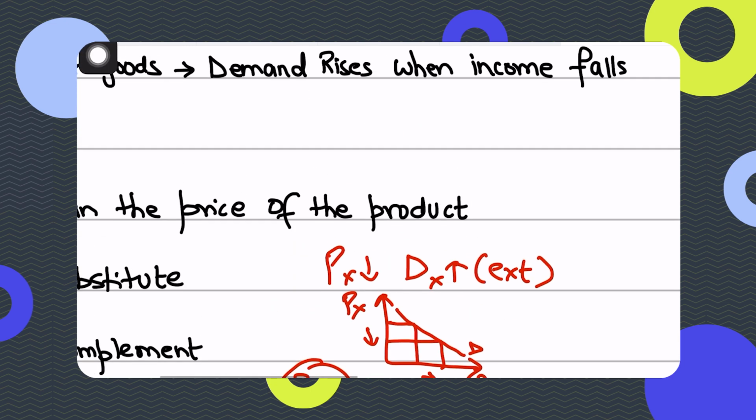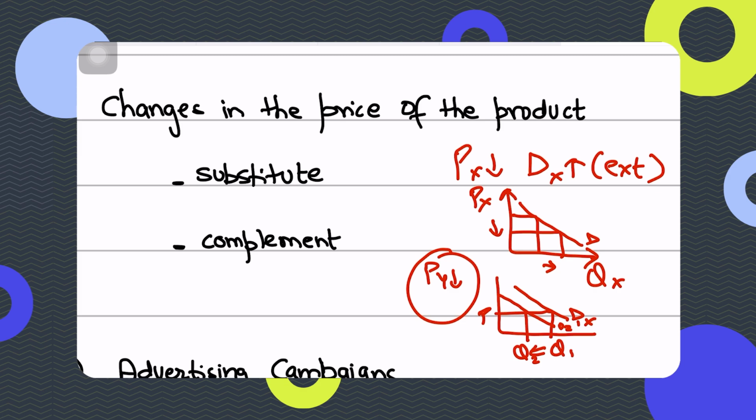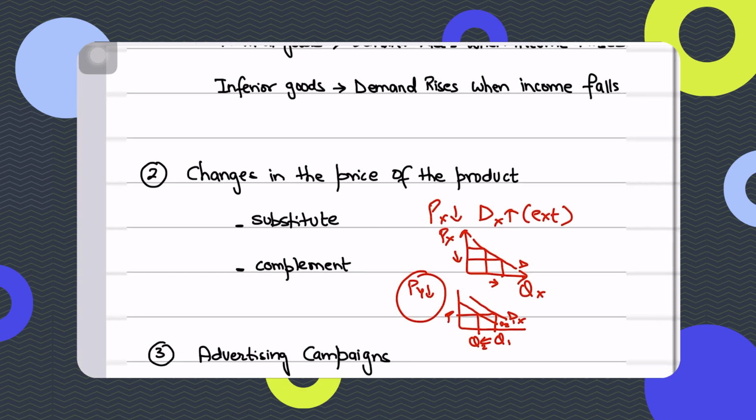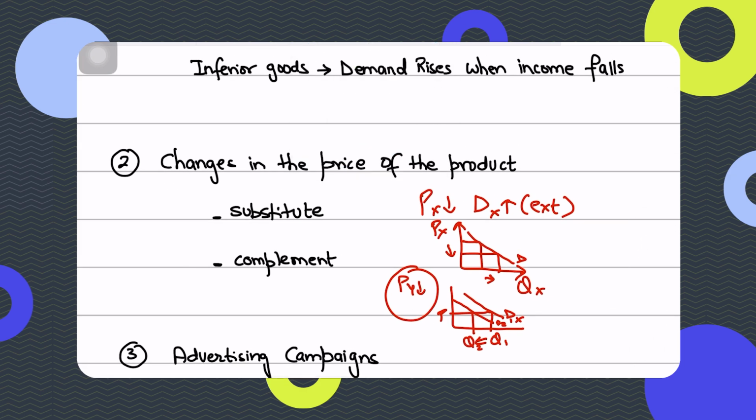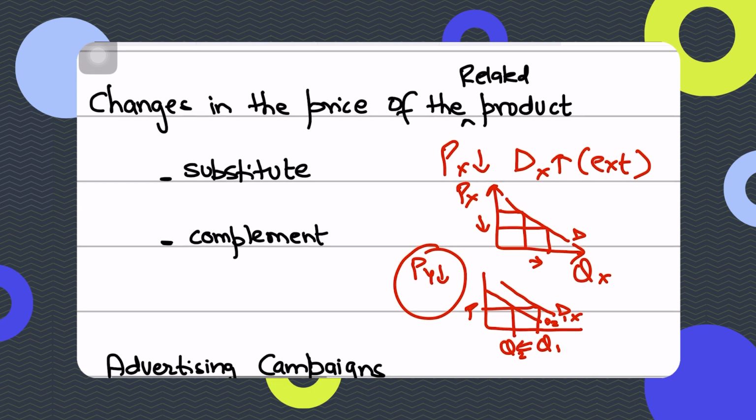So now let's look at this in more detail. First, you need to know that this should be changes in the price of a related good or related product, right? It shouldn't be changes in the price of the product itself. And goods could be related in two ways. Economists classify them into two categories: substitutes or complements. So if we talk about substitutes, there are two types. So see, substitutes. What are substitutes? Substitutes are goods that could be used instead of each other, like Pepsi and Coke, or